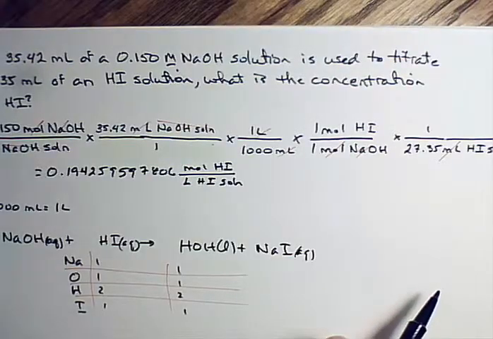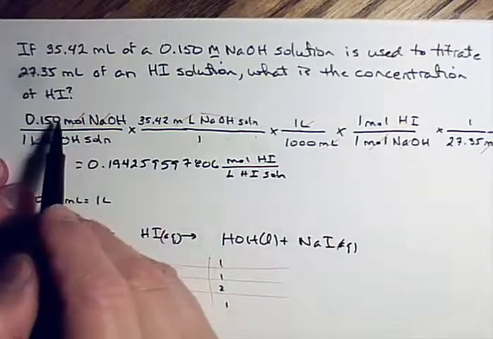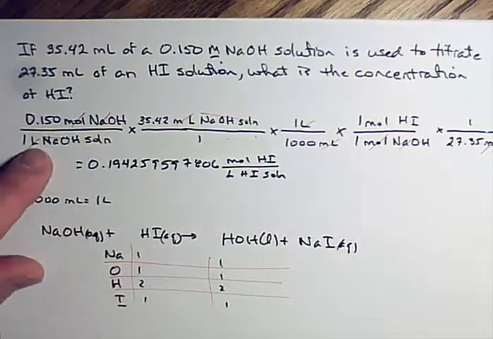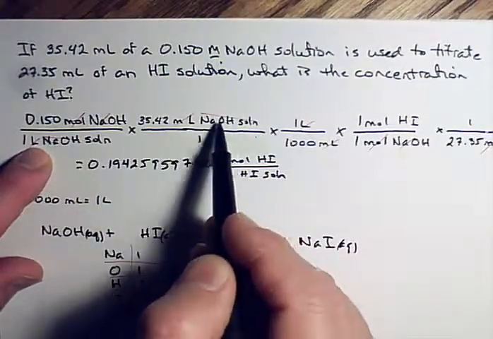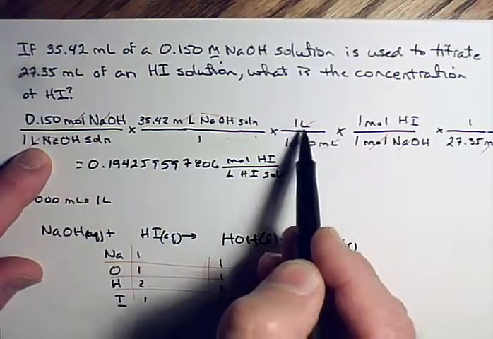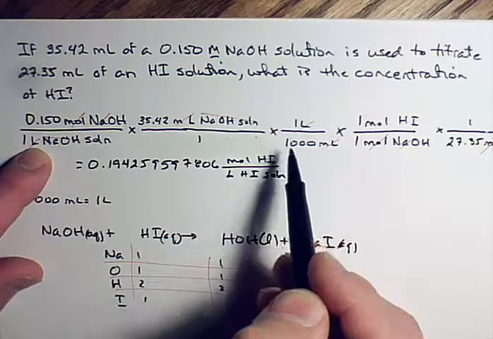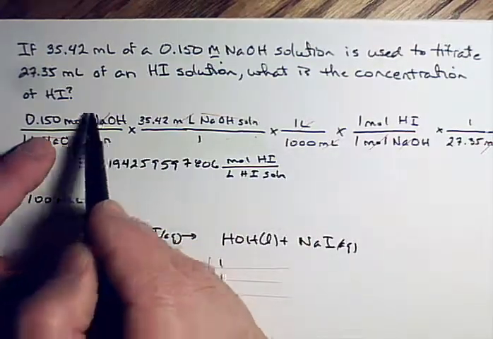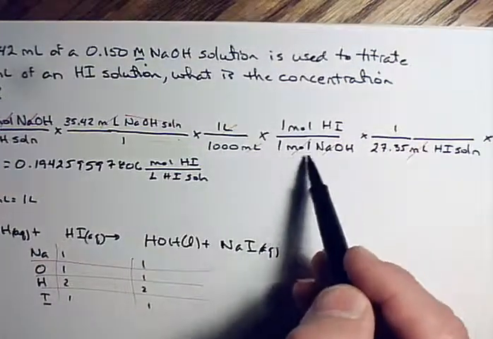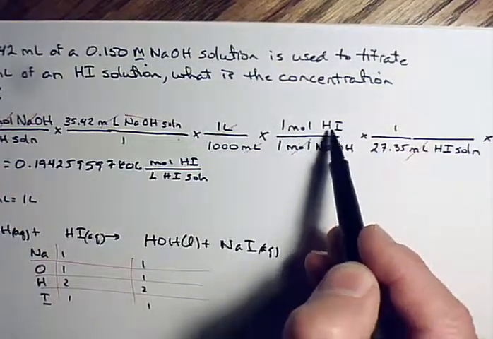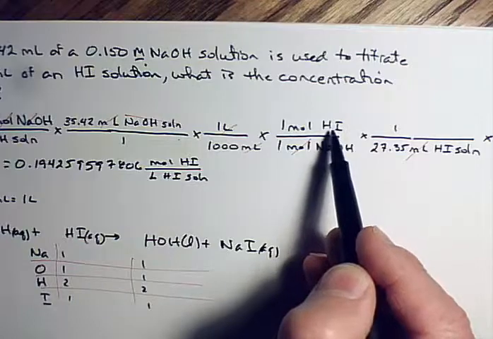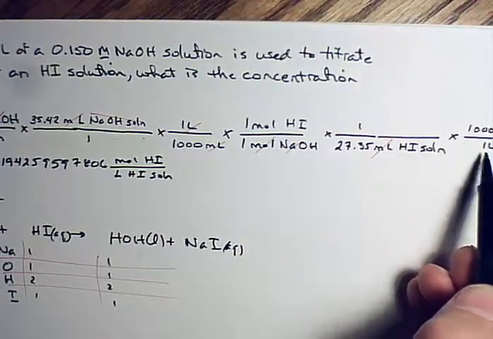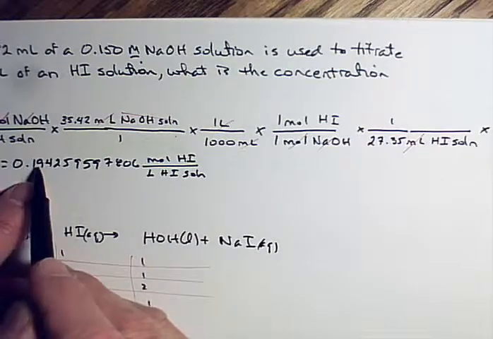All right? So when we set up the problem, here's what we know. The solution whose concentration we know is what we start with. We multiply by the volume of that solution and then convert that solution from milliliters to liters because we need it in liters. We need to convert the liters in order to get rid of the liters here and leave ourselves just with the moles. Then we put the molar ratio in here to get to the other species, the HI species. Divide by the volume and then convert that volume to liters here, and we get this answer in the calculator,